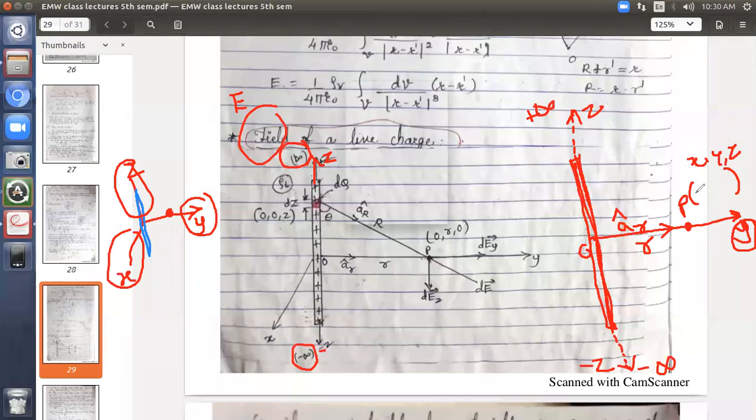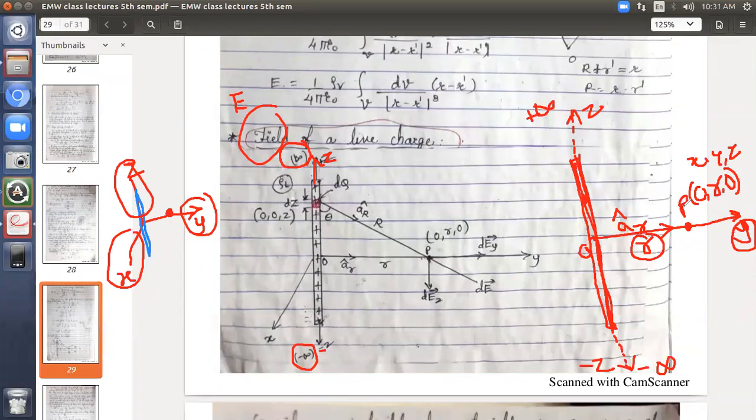Why is it y is equal to r? See, x coordinate is 0 because point is on y-axis. So here x will not come, comma. Z direction is this and I have considered a point on y. So again, you don't have any z coordinate. Now, what is the value of y? Just now I have told you the distance between center, origin and the point is r. So this will be r. Y coordinate will be r. I hope you understood this point.